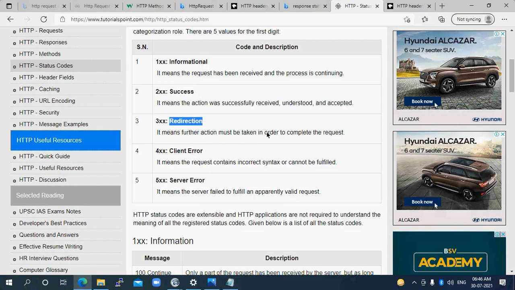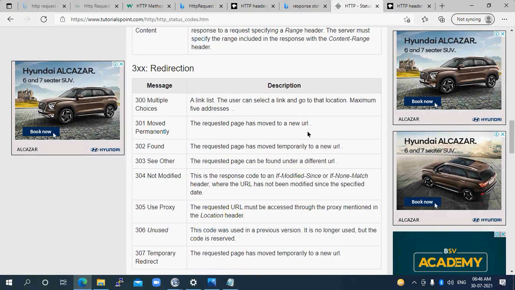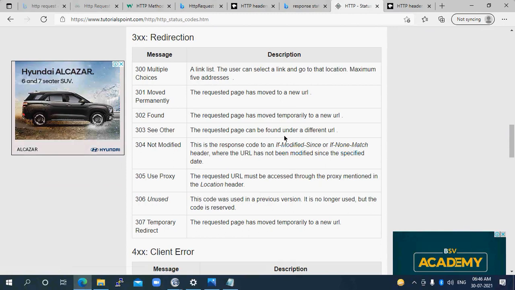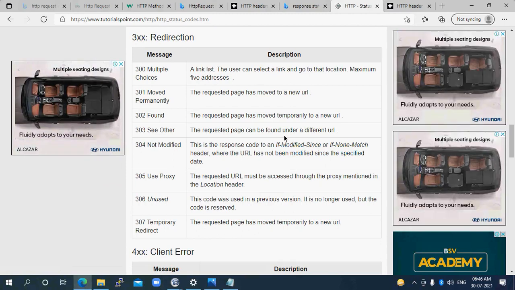So it means further action must be taken in order to complete the request. Okay, so we have some of the 300 things. Okay, so suppose if we have one